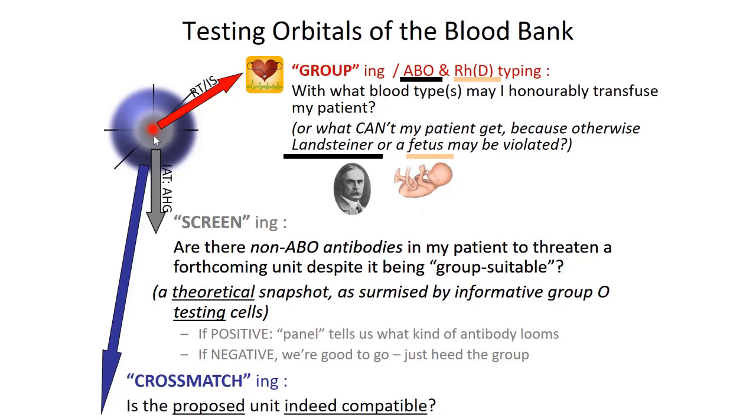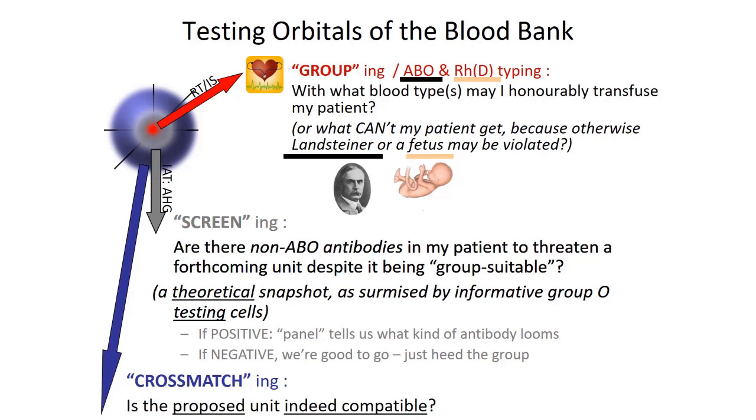The next orbital above the core of grouping or typing is screening. And that's asking the question of whether or not there are non-ABO antibodies in a patient that could threaten a forthcoming unit despite it being group suitable. It's a theoretical snapshot surmised by informative group O testing cells. We're not asking about the ABO or RHD type here, or antibodies against those structures. Our focus here in group O erythrocytes is to see what antibodies a person may have to everything outside of